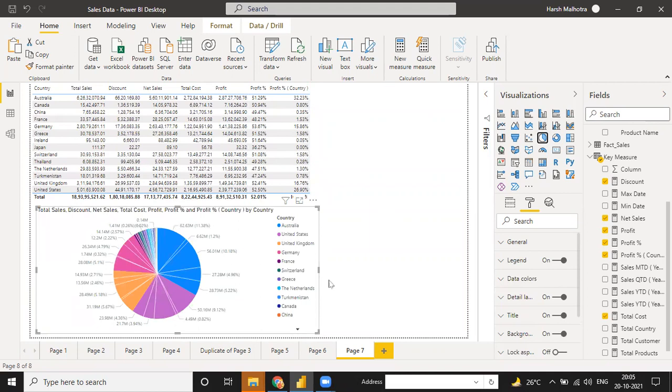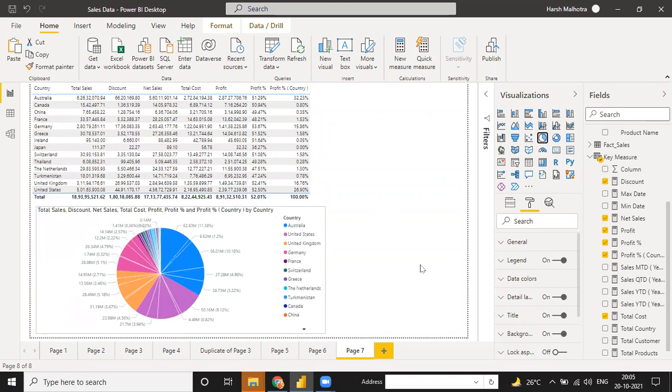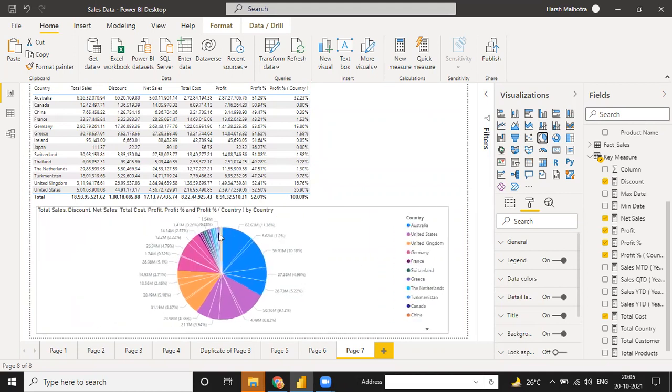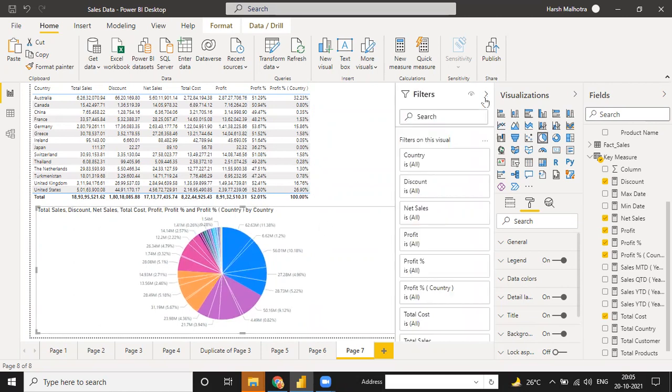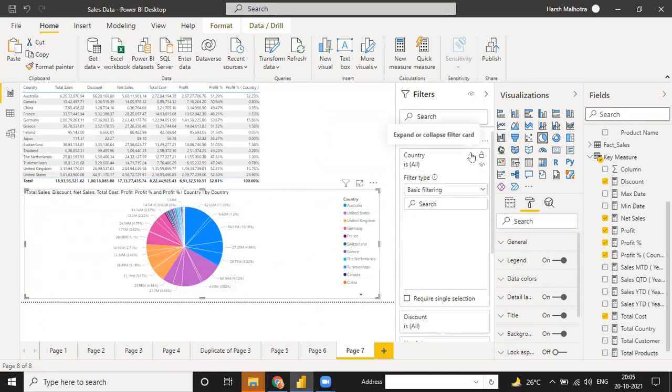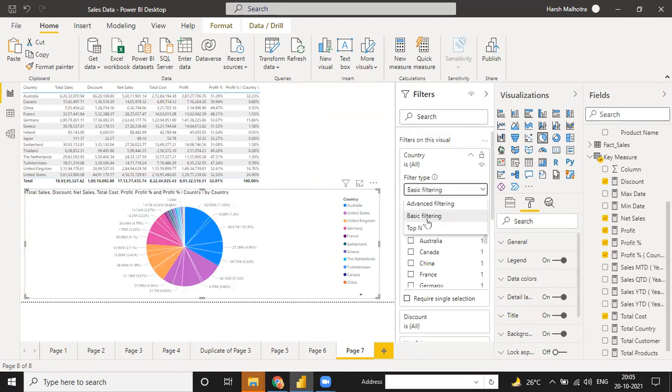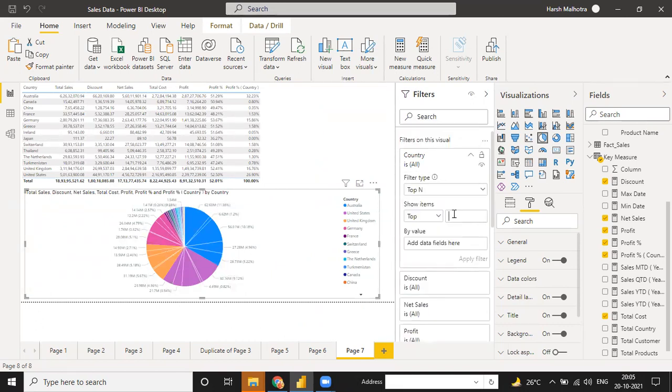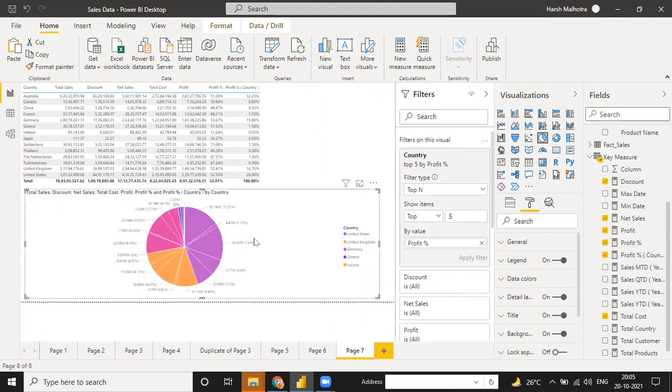Under this pie chart, see, this is multiple, you have many things like this, but we don't want this. You can just go to this filter. You can use your country filter, and I need top 5 countries on the basis of profit percentage, and apply filter. See, so in total we have the top 5 countries profit wise.